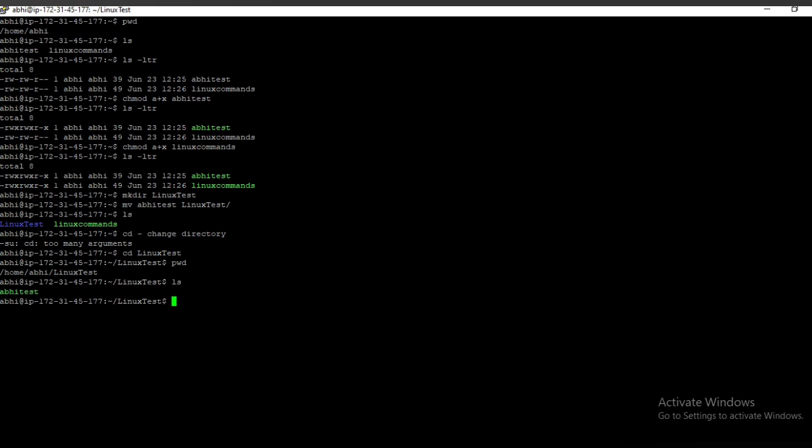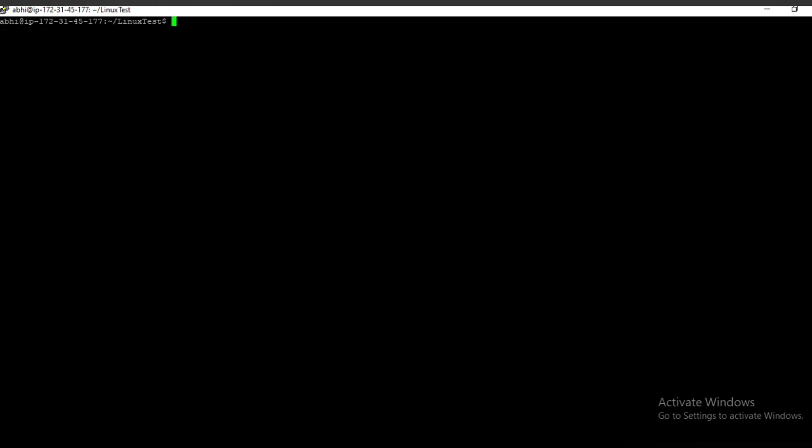We have moved the file into it. Use ls, and you can see that the file is already available here. So we have learned three commands in one go. First is mkdir, simply make a directory. Second is move, mv, moving a file from one directory to another, and change directory, changing from one directory to another. For changing directory, you need to know the whole path, or if you have to go to a subsequent directory, then you can directly type the path name. So now we are in the Linux text directory.